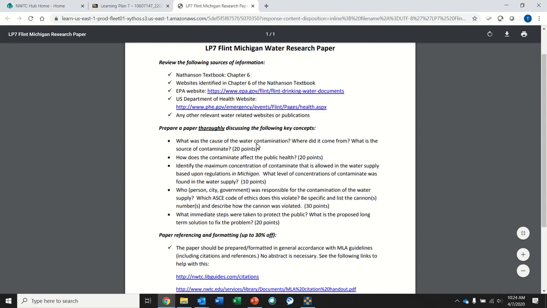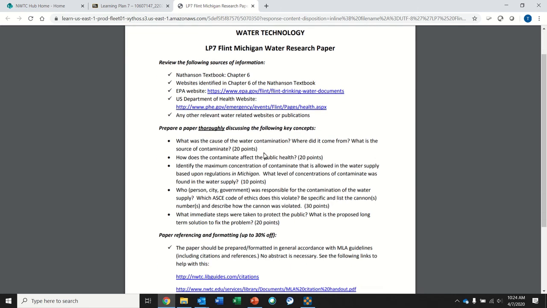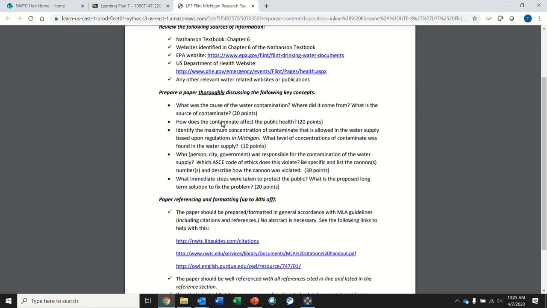What was the cause of the water contamination? So, Flint, Michigan, so let me go back. Flint, Michigan water research paper, okay? We all heard about that, I think it's 4 or 5 years ago now, that they had lead in their pipes. So it's a very interesting paper to understand water quality, and I'm pulling ethics into it at the same time, okay? So basically I want you to write a paper,